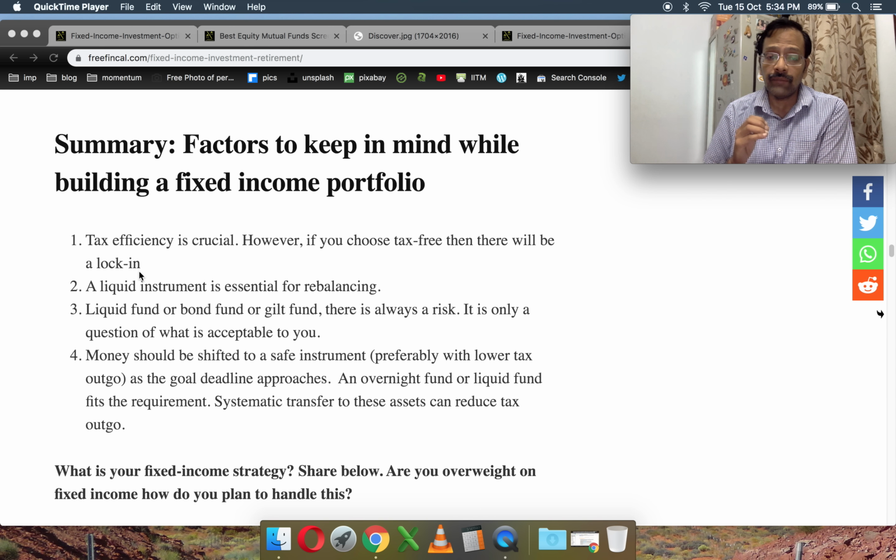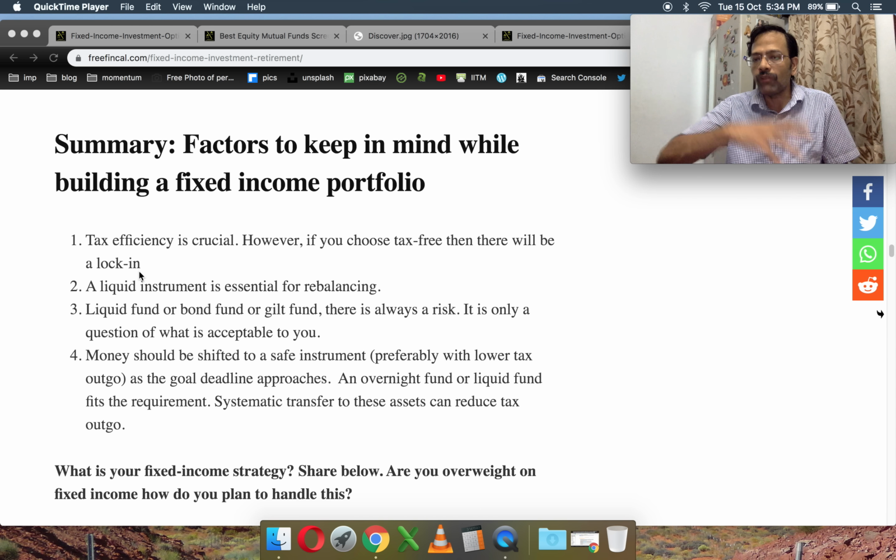As you go towards your retirement, you must have most of your money, at least the money for immediate income, in a liquid fund or overnight fund, but that you can worry about later. Initially, your focus should be on rebalancing and risk reduction, but that also can wait. You can take some time to read about these